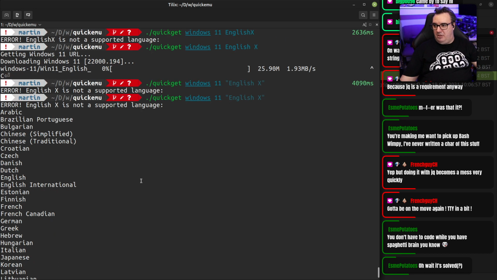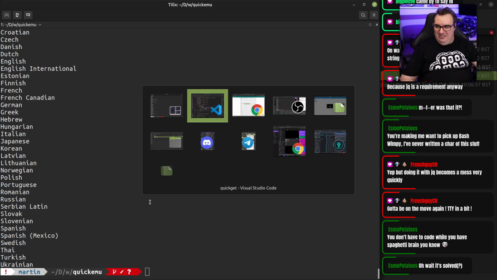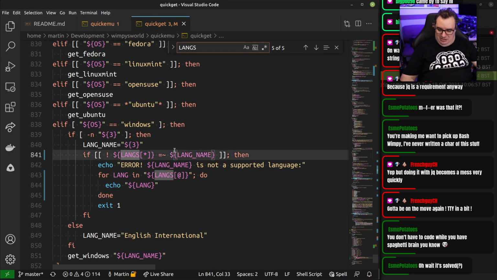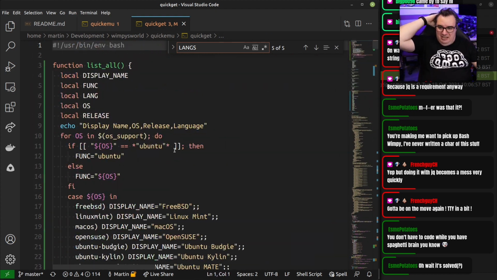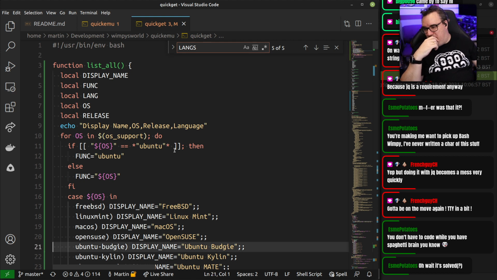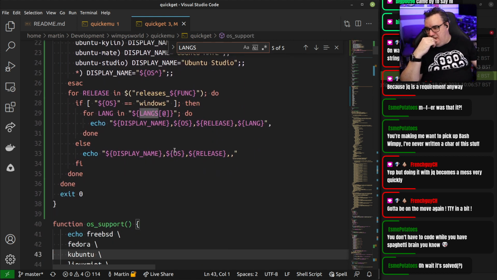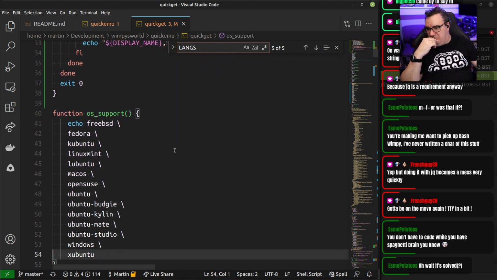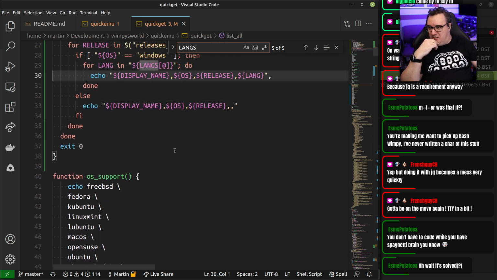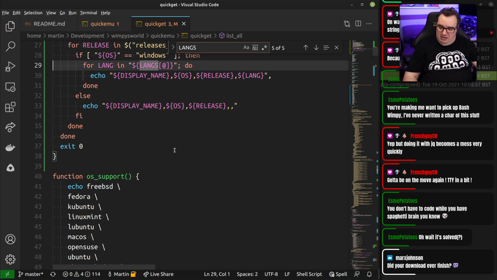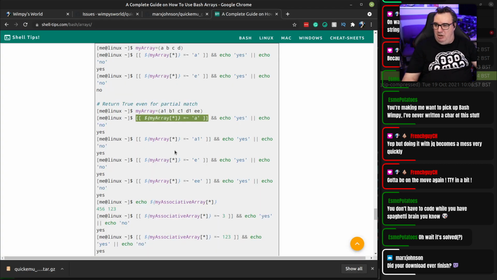There we go. Right, thank goodness we are back to a functioning script. So we'll save that. And there we go. So that is our MVP. We have a simple mechanism to list. Now the only other thing I could think of doing here is sorting. So let's see if we can sort an array by